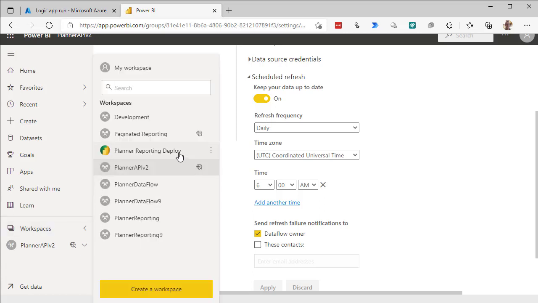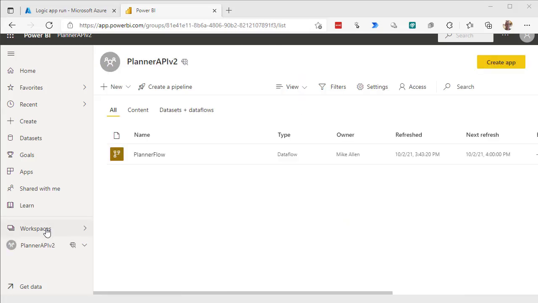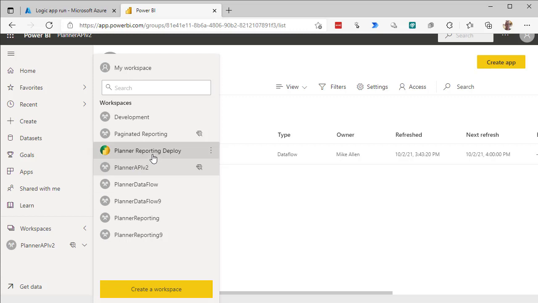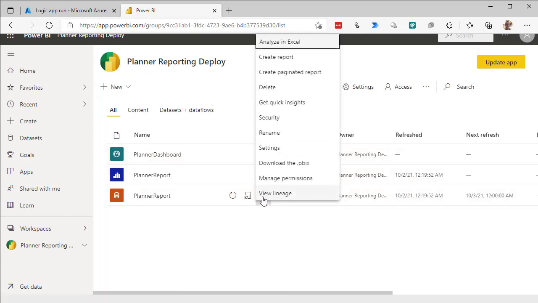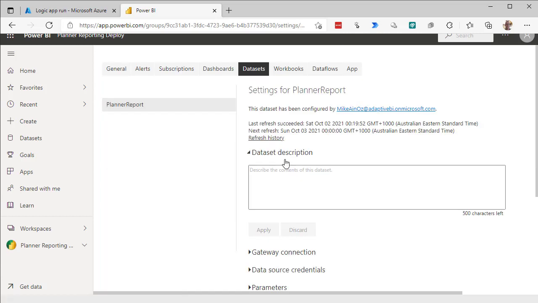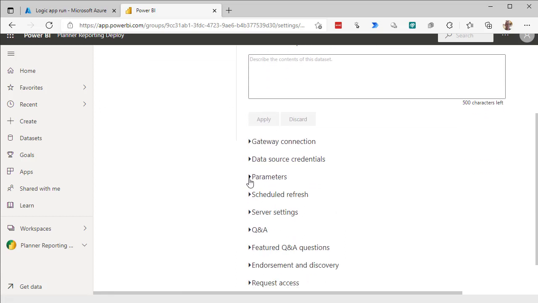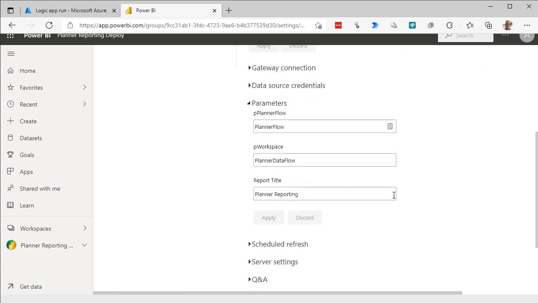And then, well, here's the report to the flow. And I have a deployed report here. If it was a fresh one, you just connect to it, but it's all done with parameters, so there's nothing. Here are the parameters, and the flow has got that name, planner flow, and the workspace is called,